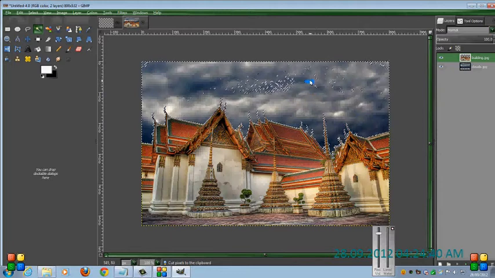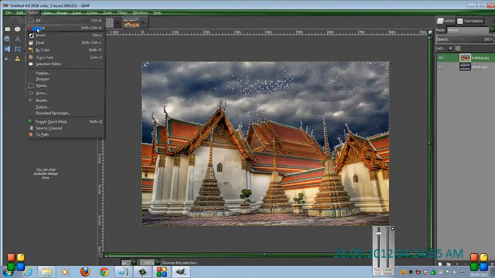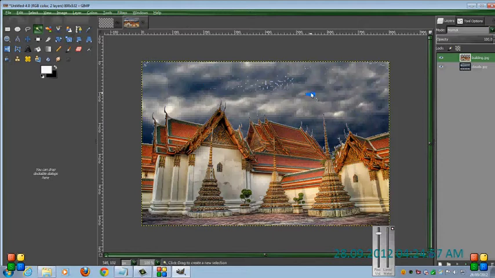Okay, that's a little bit rough. I'm doing this quite fast. I will show you a proper way to do it in lessons, and an easier way. Now what I'm going to do is select none, so nothing is selected. Now I'm going to choose which layer, because this bottom layer is the clouds, and this top layer over here is the buildings. I want to make